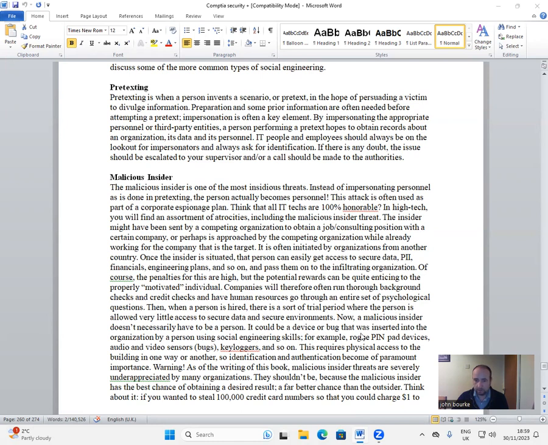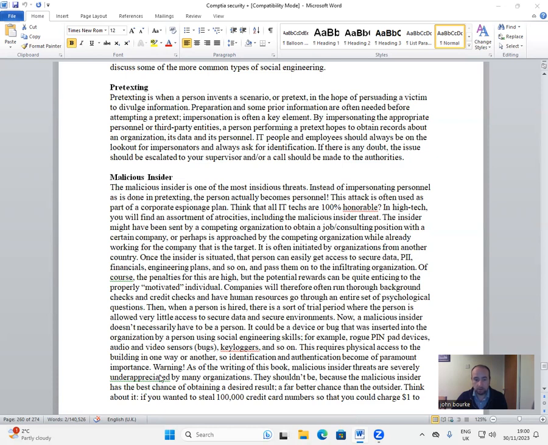It could be a device or a bug that was inserted into the organization by a person using social engineering skills. For example, rogue pin pad devices, audio and video sensors, bugs, keyloggers, and so on. This requires physical access to the building in one way or another. So identification and authentication become